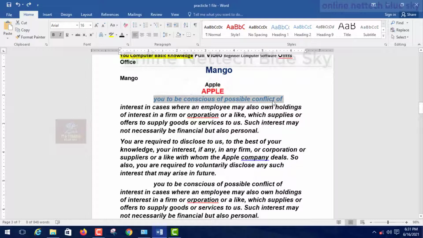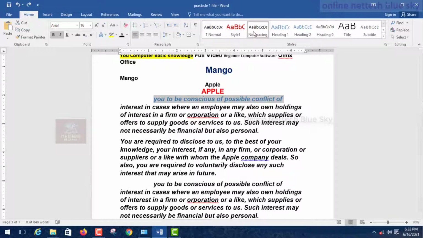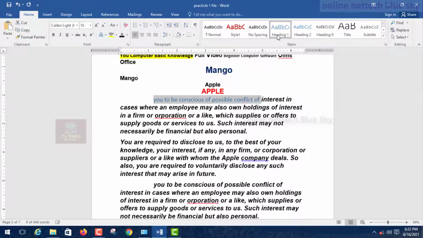So what is a heading? Heading is one type of your own paragraph style. Okay, so this is a heading paragraph. You can see this is a heading, a different type of heading. Enter it in your document. So I enter this heading. Okay, and you can see this is a heading. So this is my paragraph heading. So this is the heading of my computer.